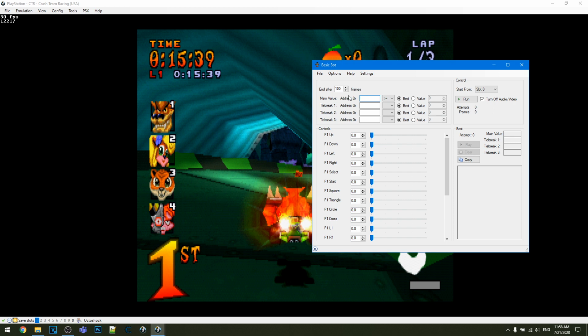So let's say I put the speed value address here, and you want to set the bot to test stuff out indefinitely until it gets a value for a speed ghost over 24,000, and here I put the speed value, so the RAM value, and you give the bot the priority over some keys